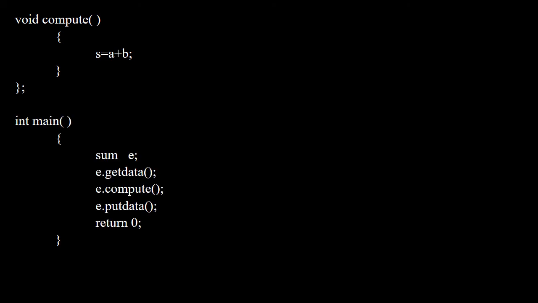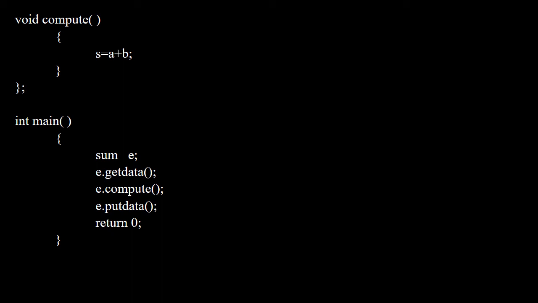Now you have to define the main function. What you define first in the main function is the object. I already told you how to define an object, that is class name, object name. Here the class name is sum and the object name is E. Then we are going to call the three functions. First you call the getData function, then the compute function, then the putData function.